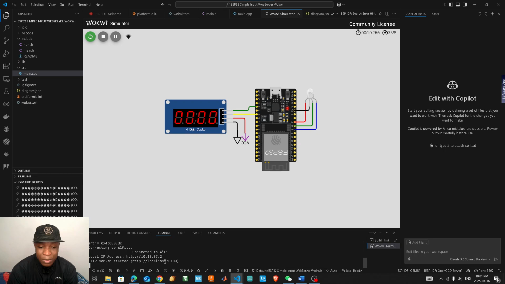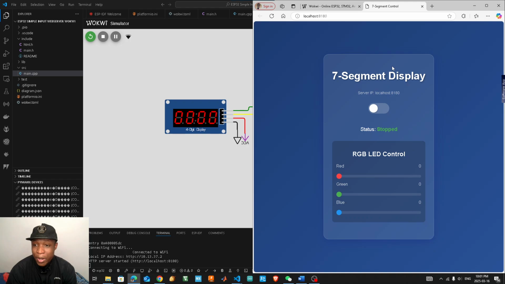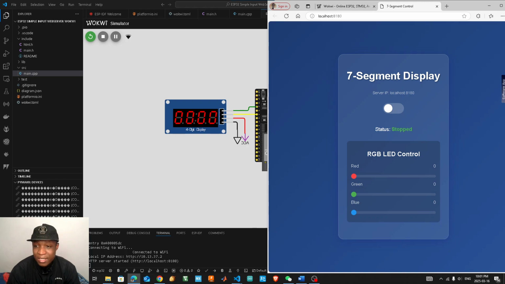By clicking on this port, it will open a web browser that you can see here, and it says 7-segment display, and this is four digit, okay? I'm calling it 7-segment. So yeah,